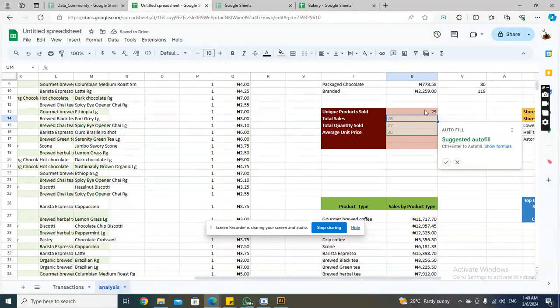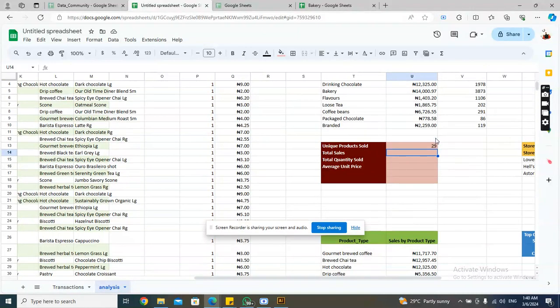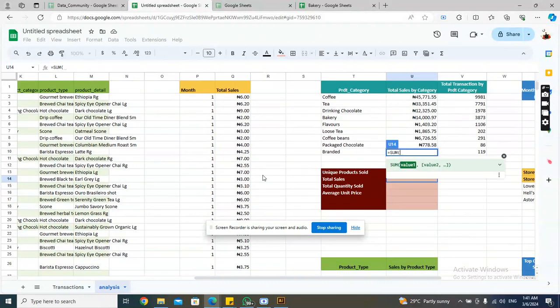So here we have our total unique products to be 29. Then total sales, the total sales that was made, whether it's all the 29 products, cumulatively. This is easy. You just sum up all the products that was sold here,